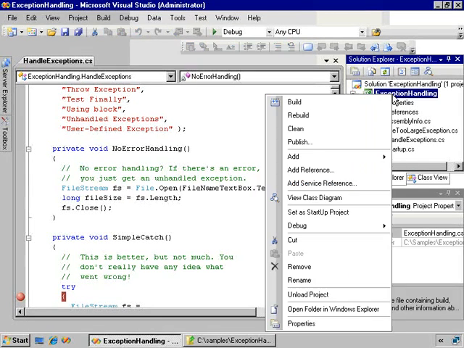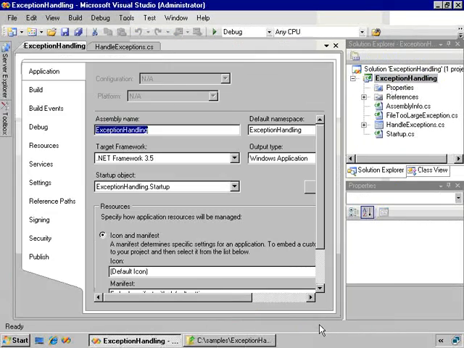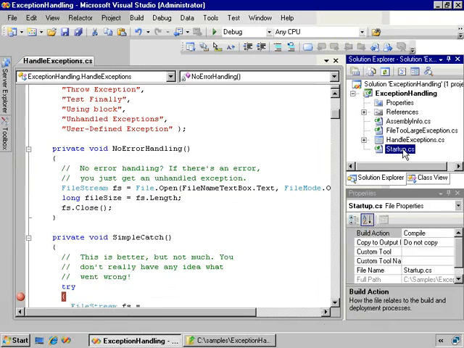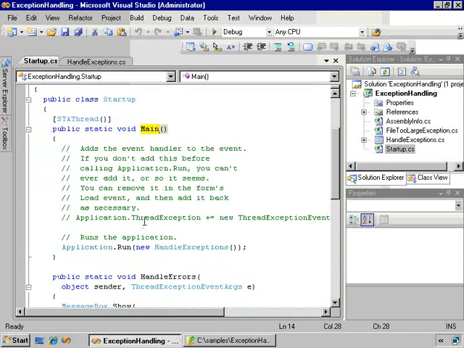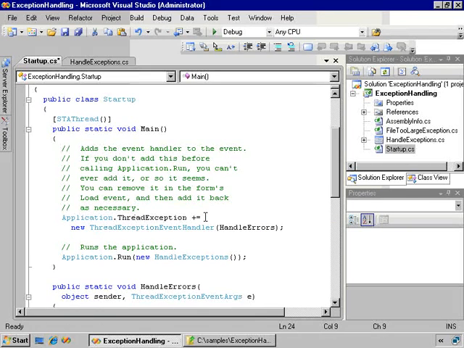Right now, our startup object is the startup procedure in exception handling. Well, where is that startup procedure? Well, it's here. In the startup class, we find a procedure called main. Now, inside here, I've commented this out. I'll add it back. I have a call to hook up an event handler for the thread exception event of